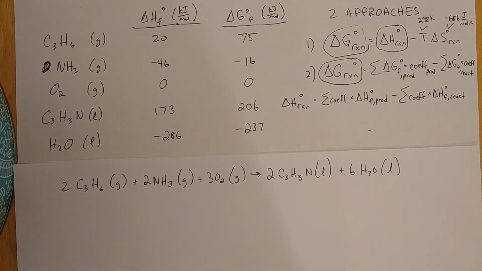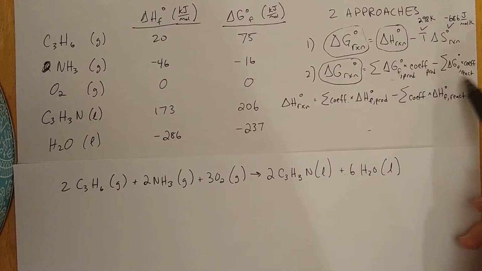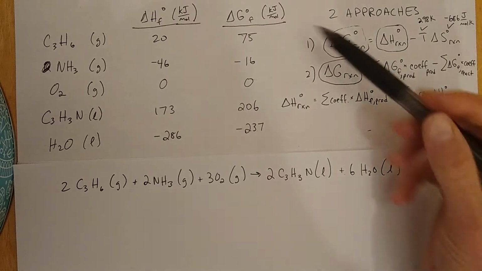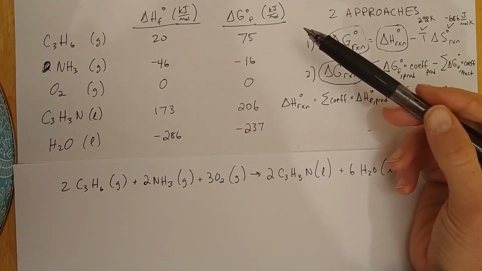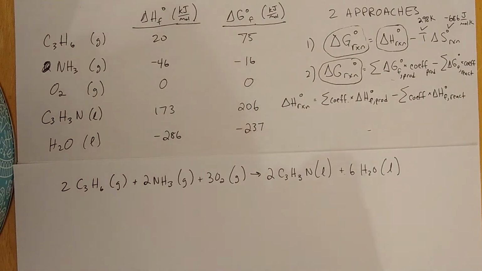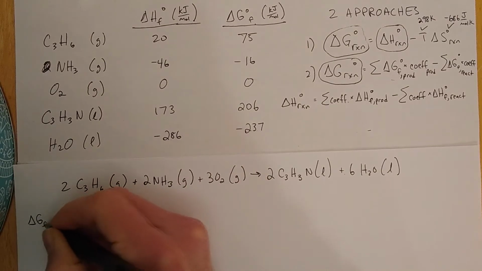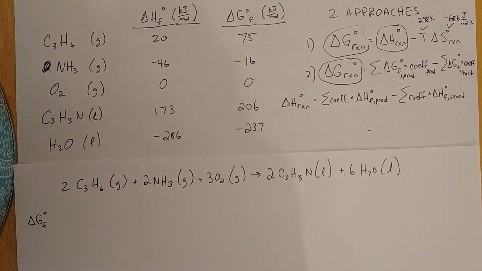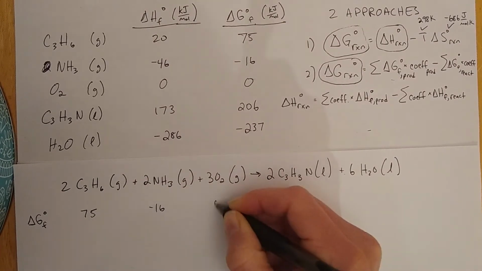I'm now going to use the second approach to quantify the free energy of this reaction. So the second approach is basically that sum of the products minus sum of the reactants approach, using the free energies of formation for all the reactants and products. So I rewrote my equation already. I'm going to go ahead and write my delta G f's, my free energy of formation for all these guys. So 75, minus 16, 0,